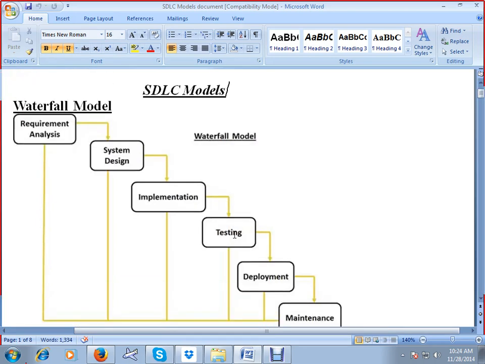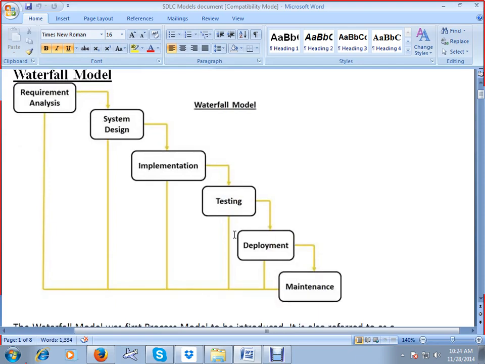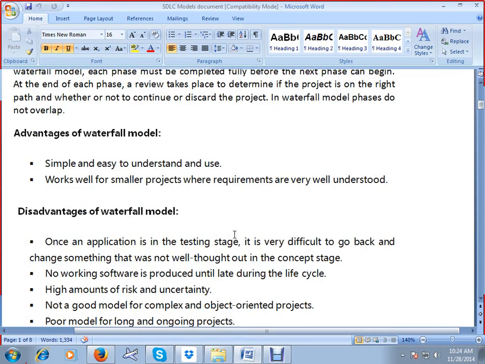Mobile, no, definitely. They'll not use it for mobile. No. Agile model. Agile, right? Now, what's the advantage? It's very simple and easy to understand and works well for smaller projects where requirements are very